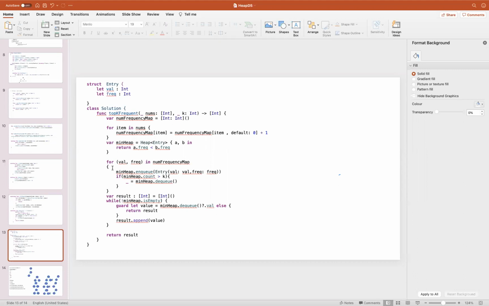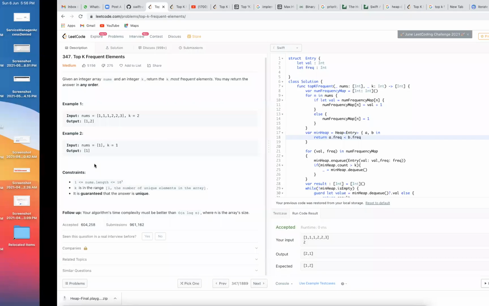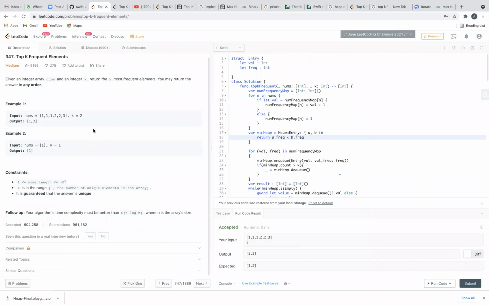Suppose one is repeated 3 times and two is repeated 2 times, right? So I am storing their count also. Whenever anyone asks, I will take out the most frequent element. Suppose k equals 2, then I will check which one is the most frequent, meaning one is 3 times and two is 2 times. So I will iterate the map and give that number.